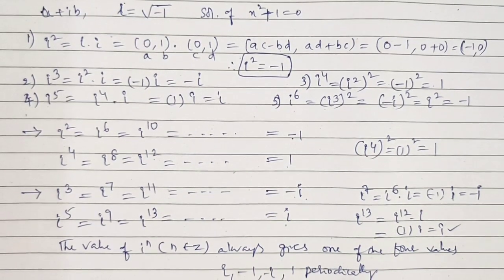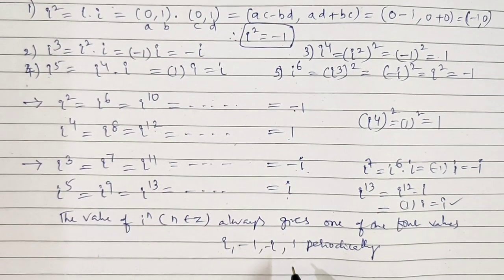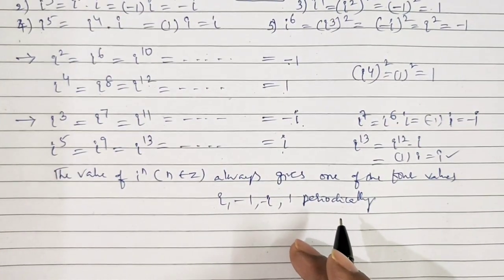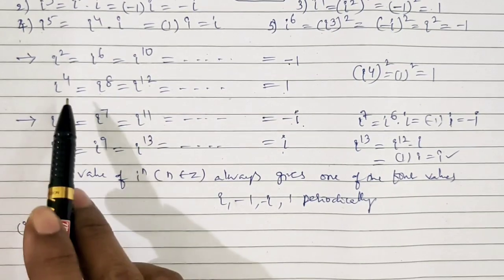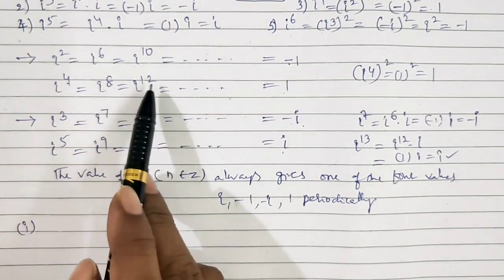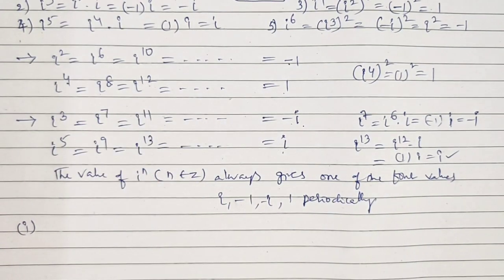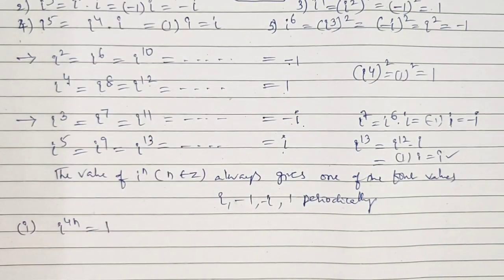Okay. So by this, my dear students, we can generalize this form. How to generalize it? Okay, it is an important concept. It is very important for IPE as well as competitive exams. You can generalize here. 4 1s are 4, 4 2s are 8, 4 3s are 12. So here the powers are multiples of 4. So what can I write here? I power 4n value is 1. i power 4n is equal to 1.